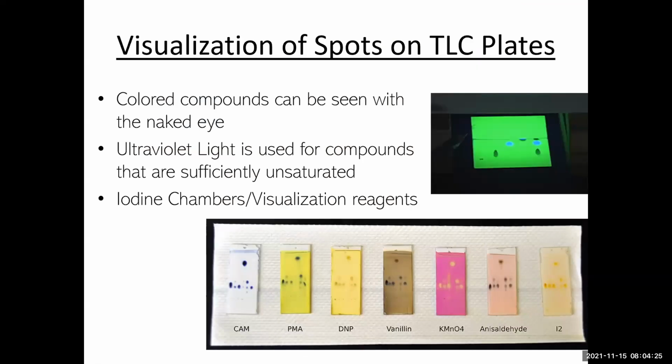Okay, so at some point, we're going to take the plate out of the developing chamber. When do we know that we want to do that? So basically, we want the solvent to get fairly close to the top of the plate without going to the very, very top of the plate. So once the solvent front is really close to the top of the plate, we can take the plate out, and then we can mark the solvent front with a pencil. And that's going to be important that we mark that line. But even if you forget, it's okay, because oftentimes you can see the solvent front as you're looking at the plate under the UV light.